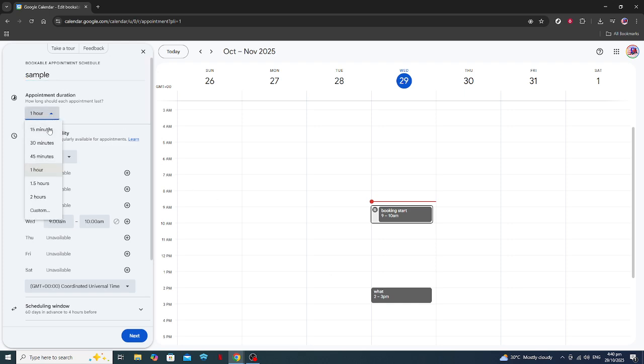Once you have your time slots defined, you need to customize your appointment slot details. Add an appropriate title, fill in the location if you're meeting in person, and include any additional details or instructions in the description area. This context can be very helpful for the people booking these slots, guiding them on what